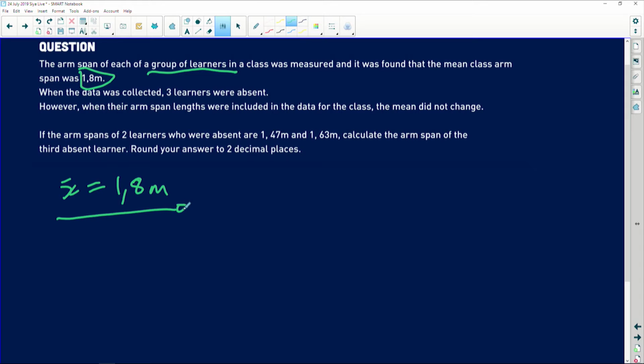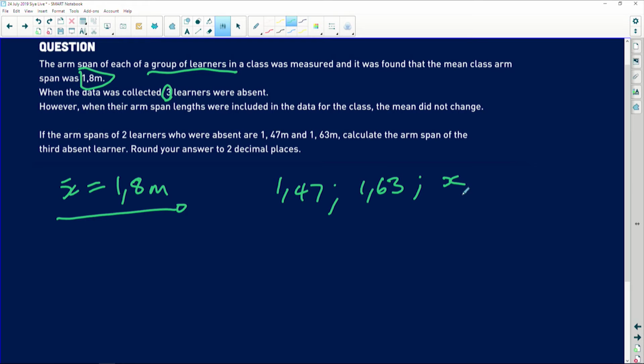However, when the arm span was collected, we have three learners that were absent at school. When the arm span was included in the data set, the mean did not change. So what does that mean? It means whether you take it out of three learners or out of four learners, it will still give you 1.8 meters. The arm span of the two learners is 1.47 and 1.63 meters,